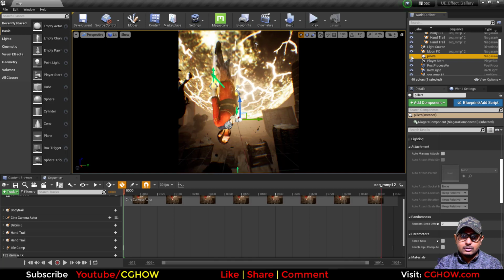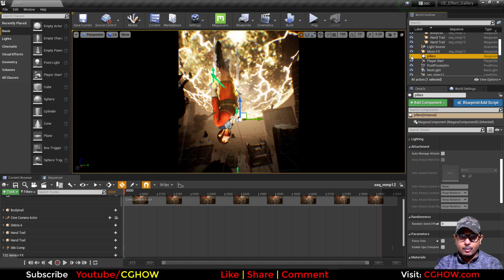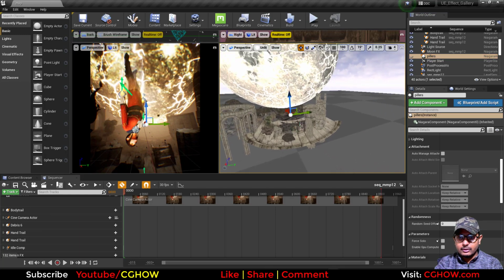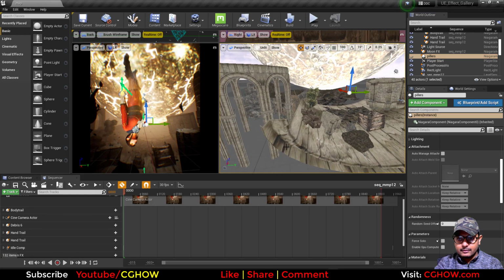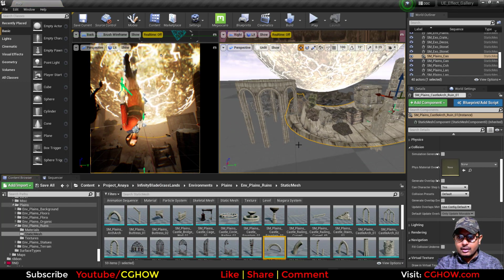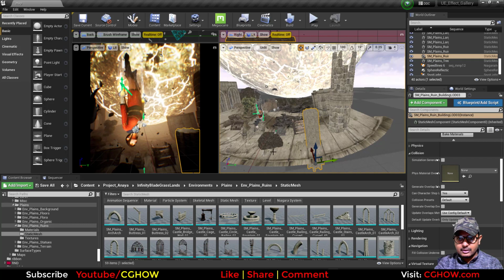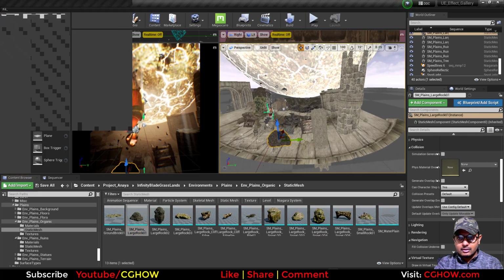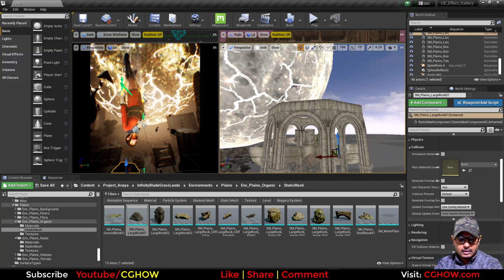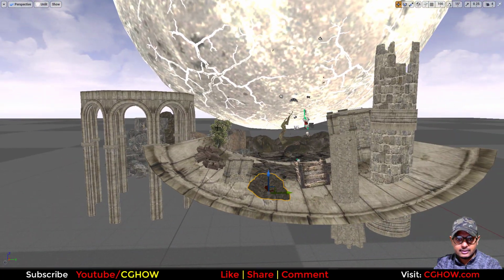I use the Niagara system to populate these models here. The rest of the models are just placed. If I show you the rest of the models, see, Control B, Infinity Blade, I just used this arch and scaled, rotated and placed it here. Then I use these pillars and other objects. So these are all my objects, you can see. Let me full screen. I have also a tree.